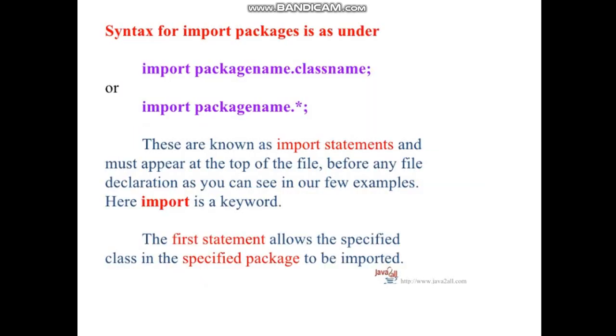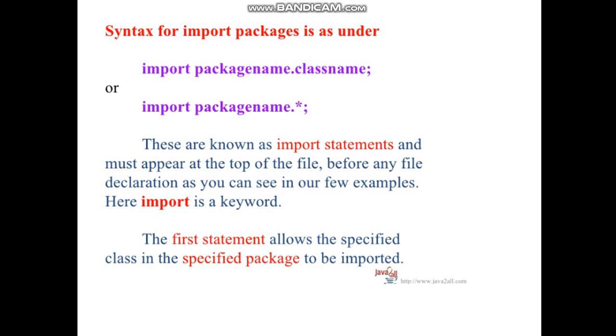Now, in order to import a package, the syntax is as follows. Import package name dot class name if we want to import a specific class inside the package, or you can generalize it as import package name dot star, which means all the classes and interfaces inside this particular package. So two ways you can import a package.